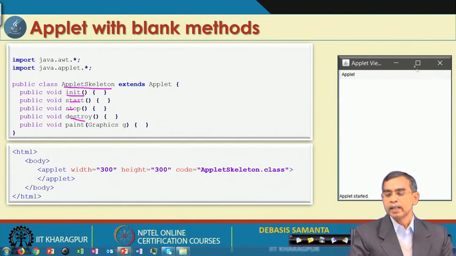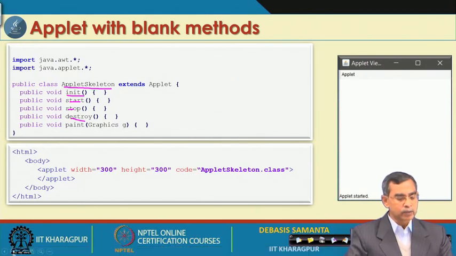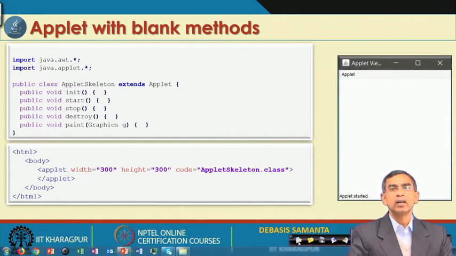The applet viewer displays it on your screen, showing that there is no event, no other content, no other elements. What I want to emphasize is that the methods we have used are not mandatory, they are optional, but if you want to have them, you should implement them properly according to your own requirement.